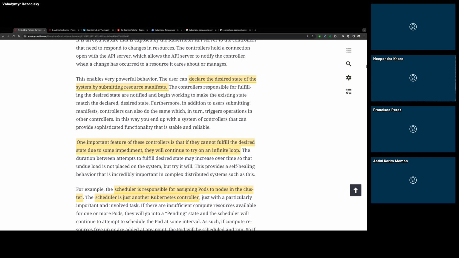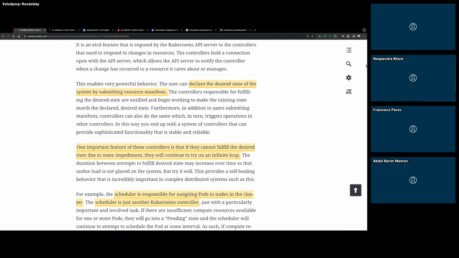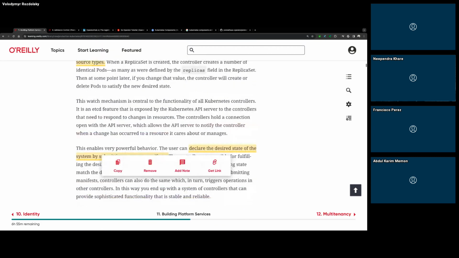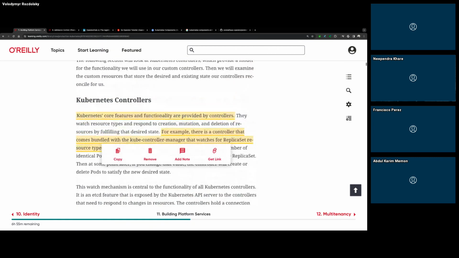Run some kubectl commands, take some backups, set the MySQL in read-only mode, set it back to read-write mode, create a read replica. All these are operations that a human operator would go and perform on those stateful sets. Using an operator, you can automate these operations that a human would do, and that is one of the primary reasons or goals of operators. It is to reduce the human toil involved in managing software.